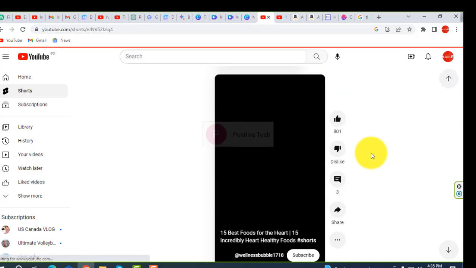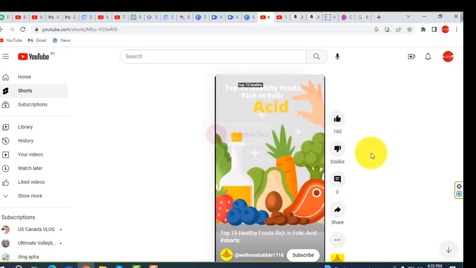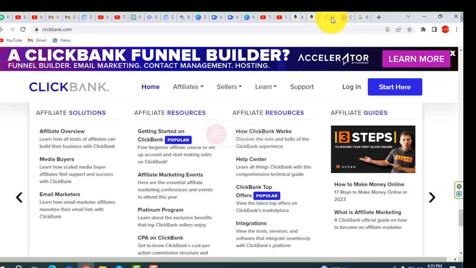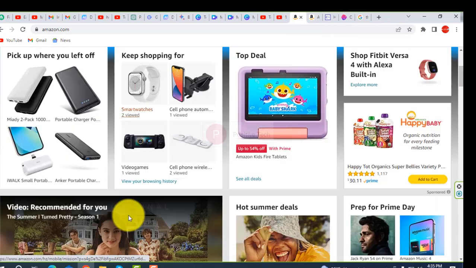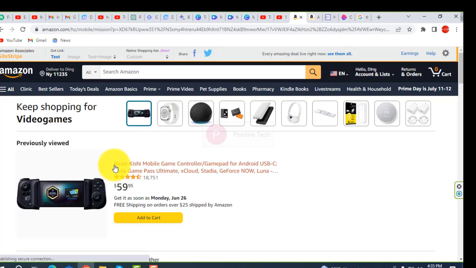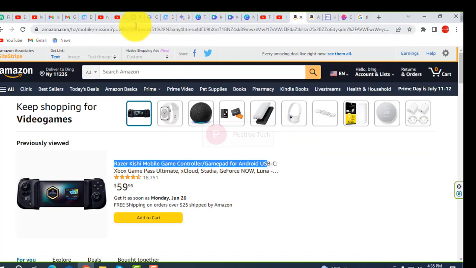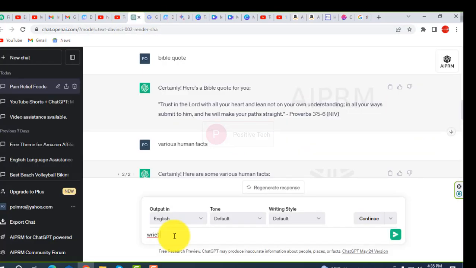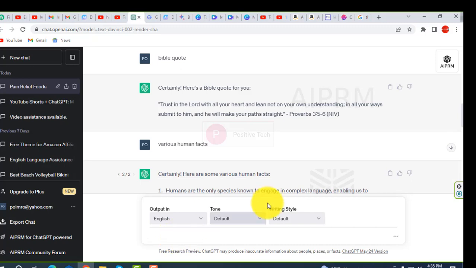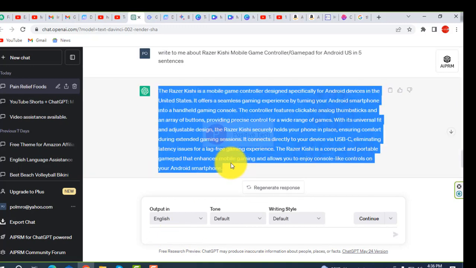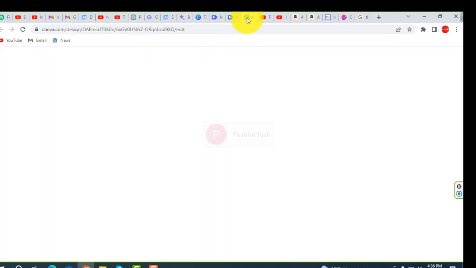And you can create affiliate links like Amazon or ClickBank. If you go to Amazon and select video games, you can select these sentences, copy these words and go to Canva.